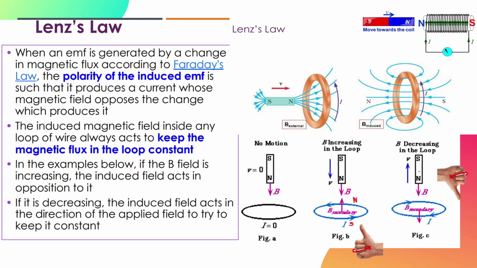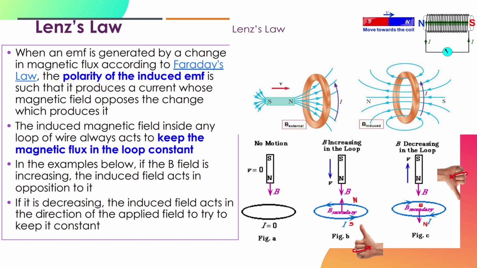So when the bar magnet is moved away from the loop, the top of the loop will become south pole, and the bottom of the loop will become north pole. You can see here, this is the north pole and this is the south pole of the bar magnet. And when the bar magnet moves away from the coil, the loop will try to attract some